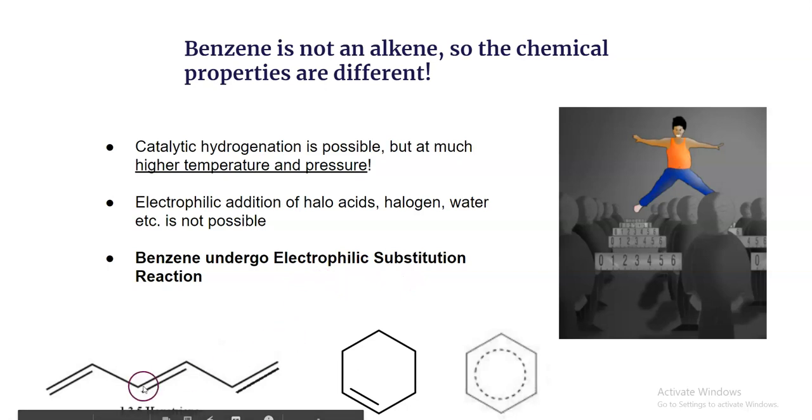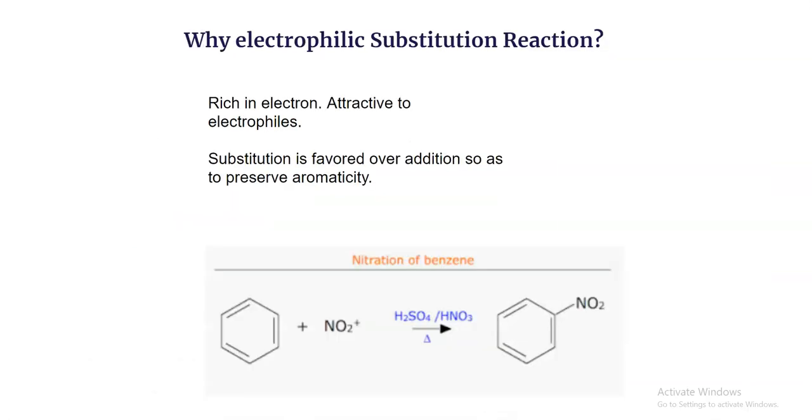Which is different. Here you are adding, here you are substituting an electrophile. You're attacking the system with an electrophile and taking out an electrophile. That's an electrophilic substitution reaction. Here, the alkenes and cycloalkenes undergo electrophilic addition. This undergoes electrophilic substitution. Now let's see why, and let's look at the mechanism of one of the electrophilic substitution